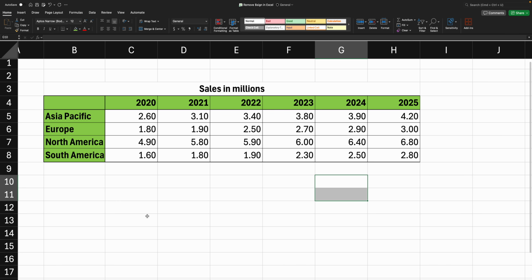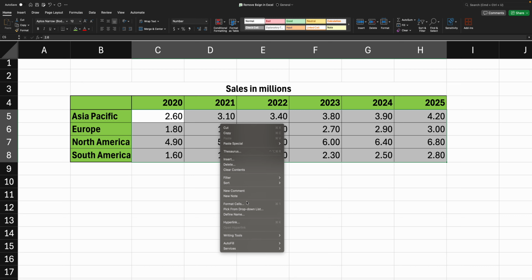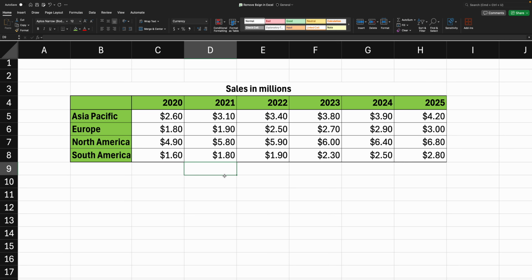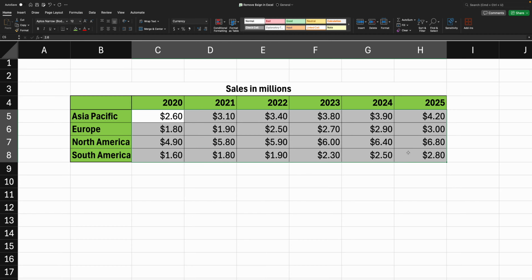There is another way to remove the $ sign as well. For that, I'll change this format to Currency back again. The other way to remove the $ sign is by selecting the cells with the $ sign again, and then under this Home tab,